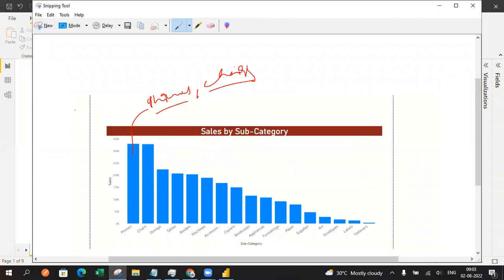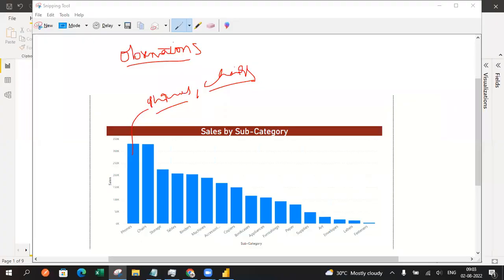I would like to write some observations using this graph, so that the end user will appreciate it and understand this much better. You have more sales from the phones and also the chairs. So in this situation,